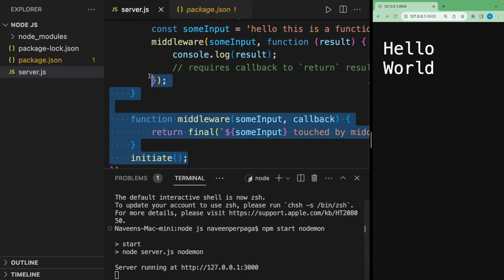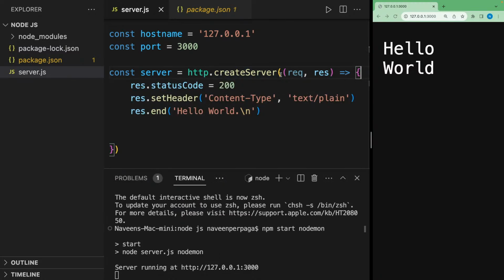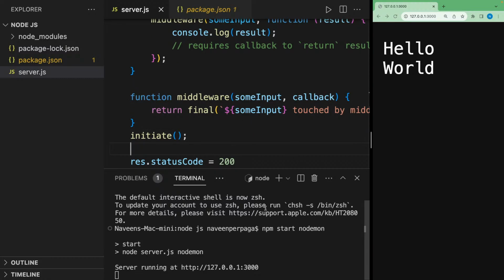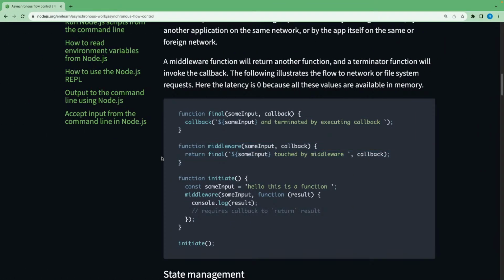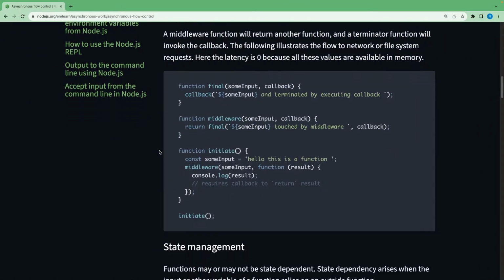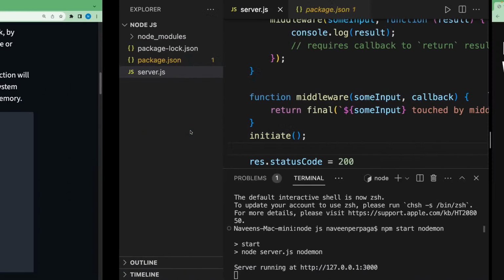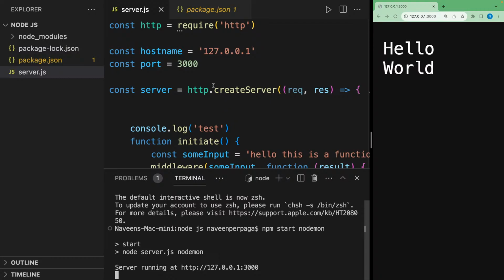Okay, let me put this code at the top. So if I change this to 4000,